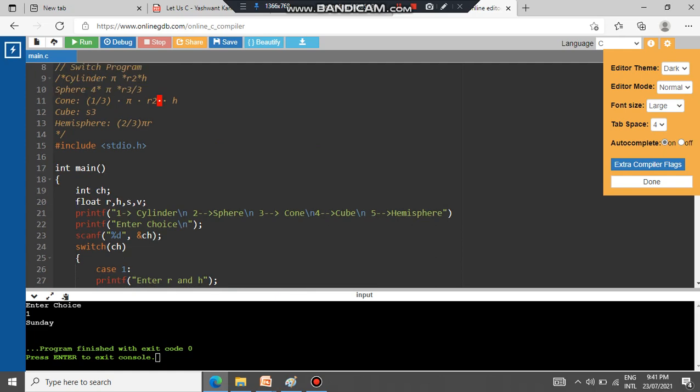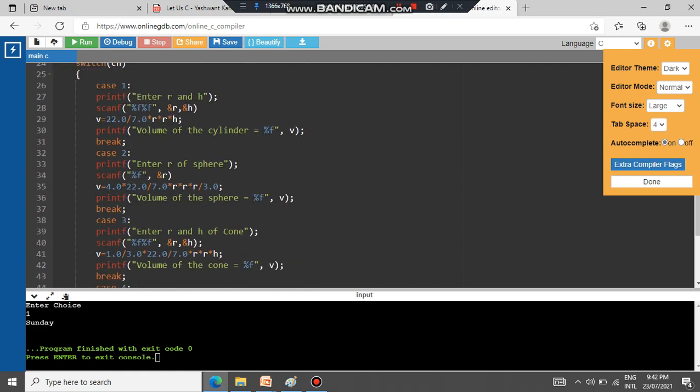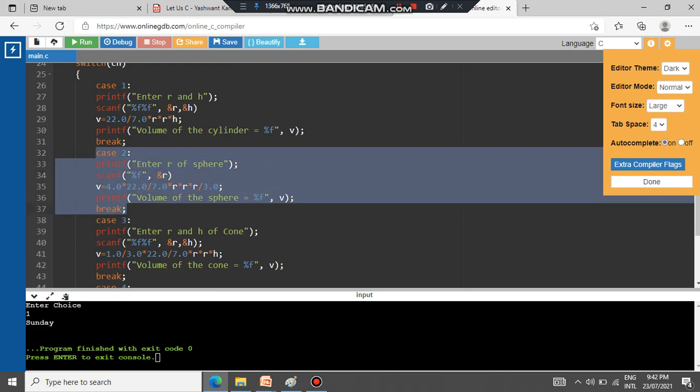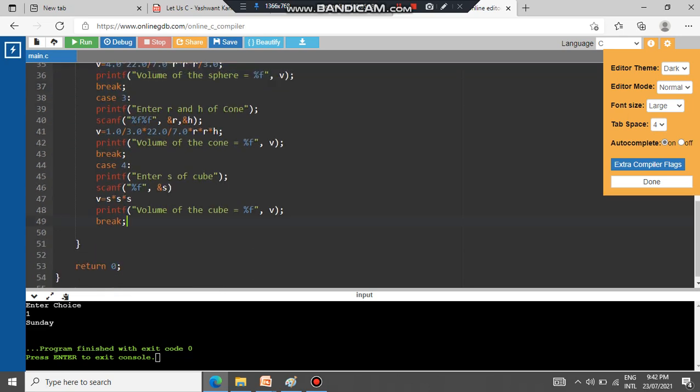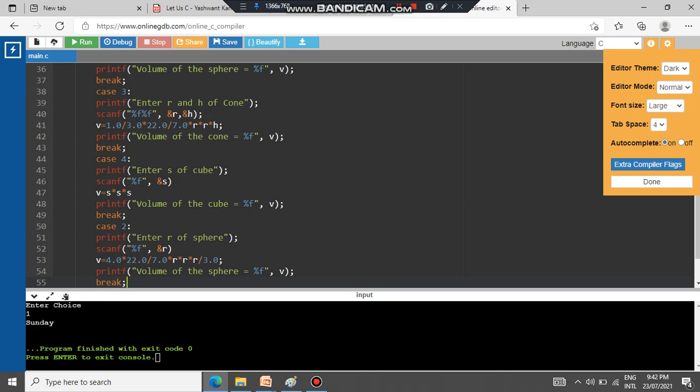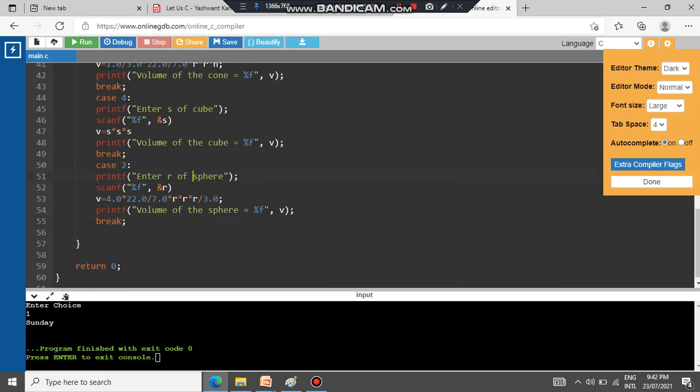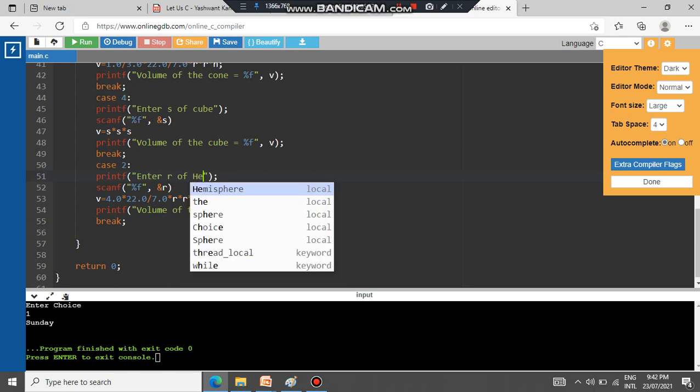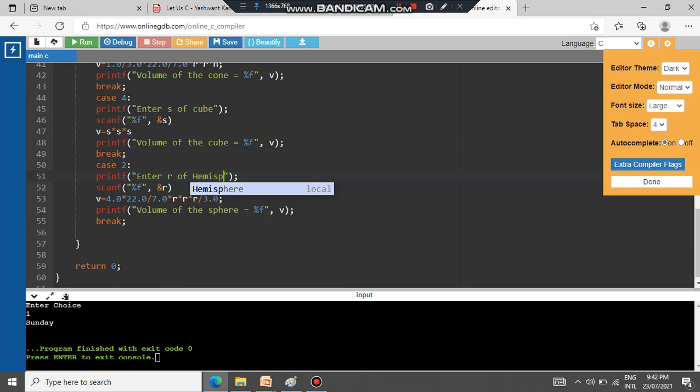So case 5 is what? It is a hemisphere, and it is 2 by 3 pi r cube. Again, one value is to be read. I will take choice number 2 and copy it as it is. You have to type it. While explaining it will take time, so for that purpose I am doing it directly. Hemisphere, enter value of r.